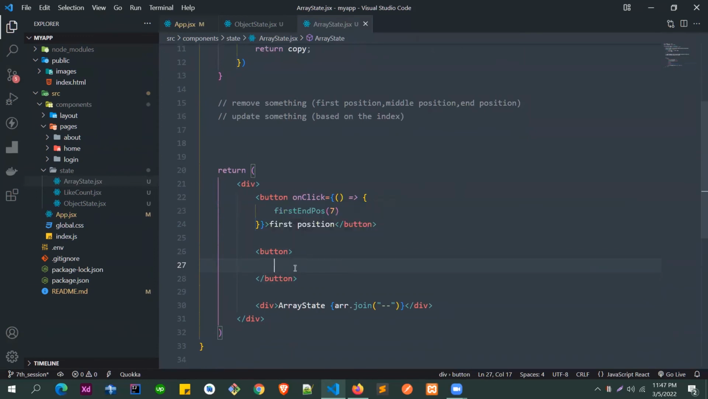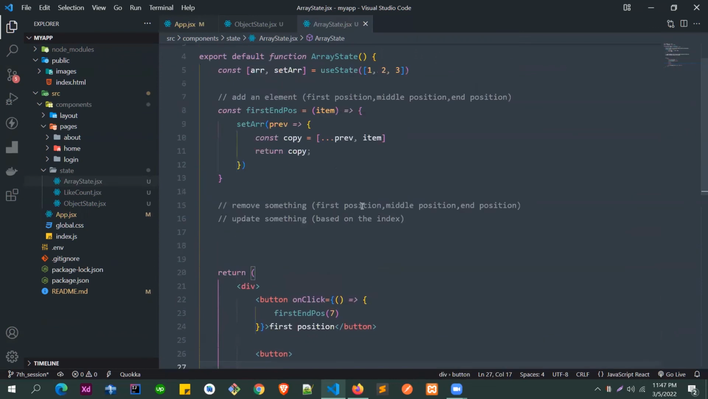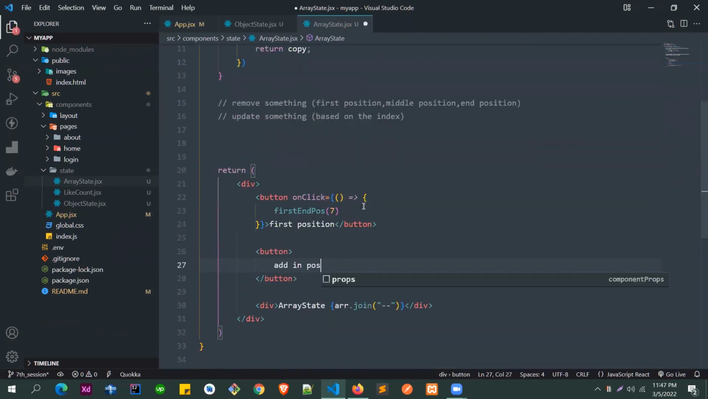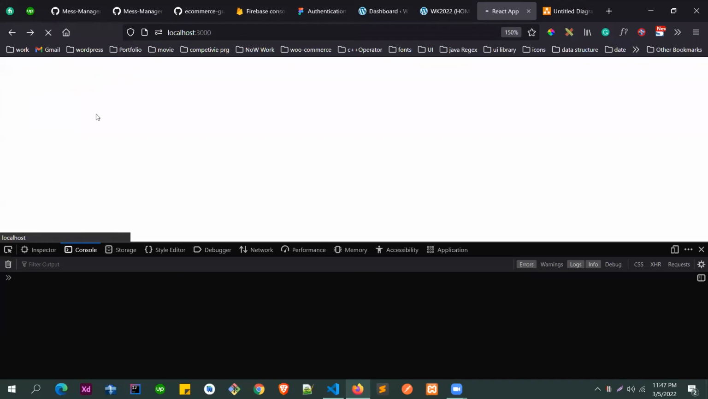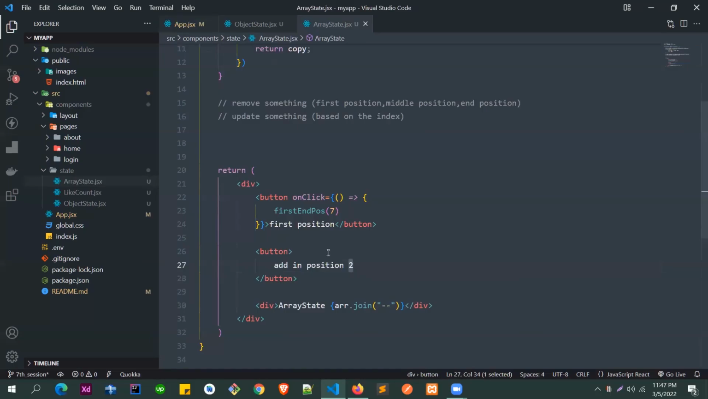Let's add in position, let's say 2. Okay. So let's say we want to add an element inside position 2, like currently what we have, like let's say, so this is the 0, this is the 1, this is the 2. Okay. So, like, okay, let's write over here